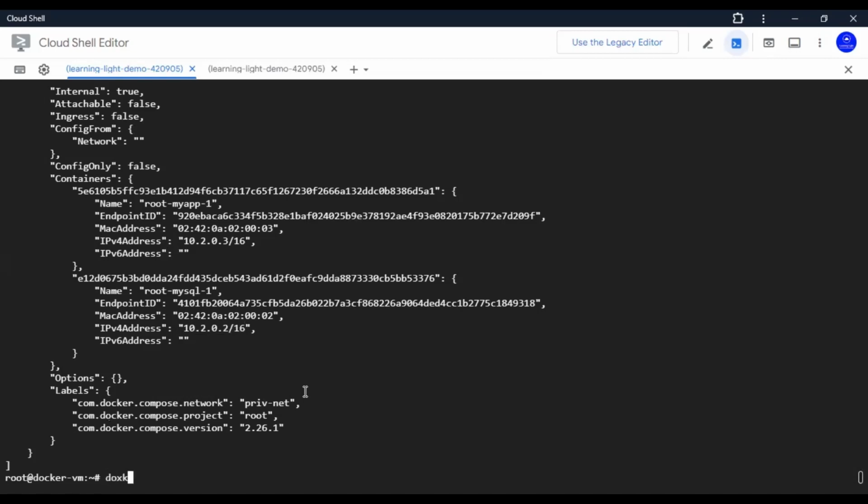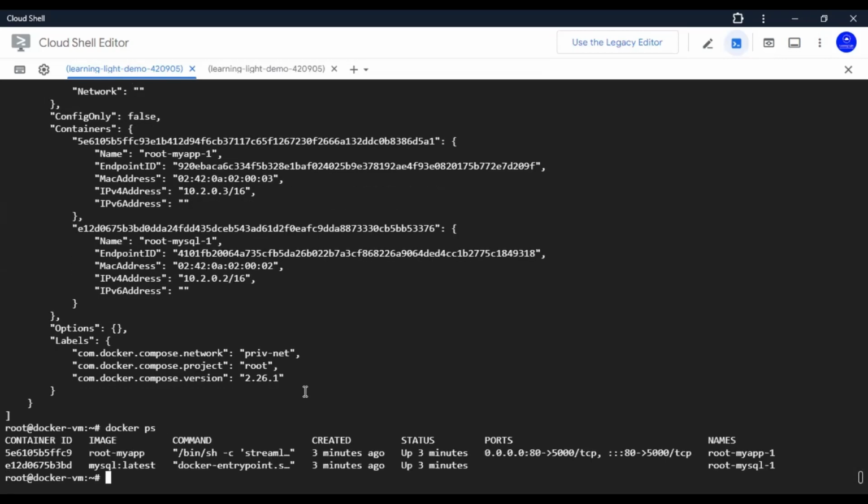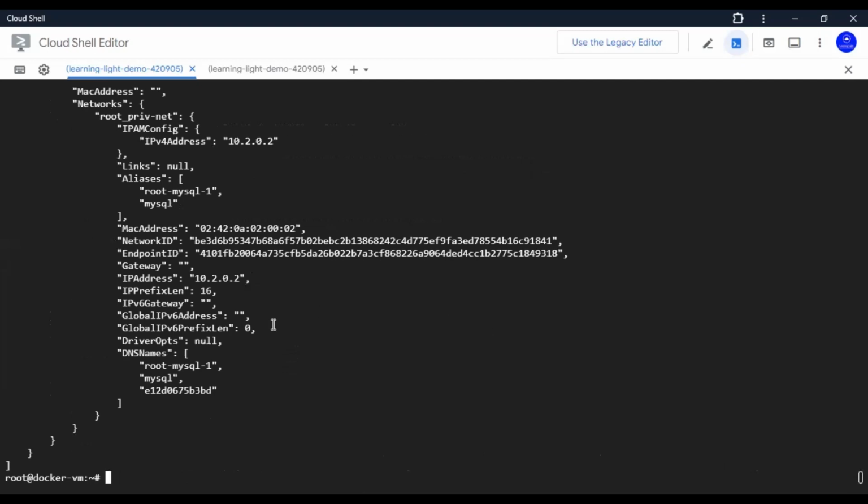If we again run docker ps, we can find root_mysql_1, which is the Docker container of MySQL. If we docker inspect this MySQL container, we can see the IP address is 10.2.0.2,